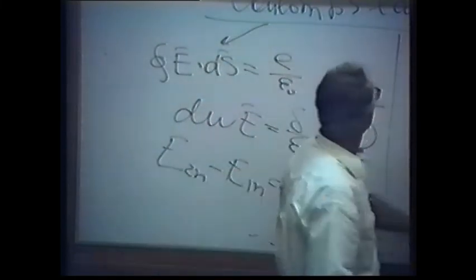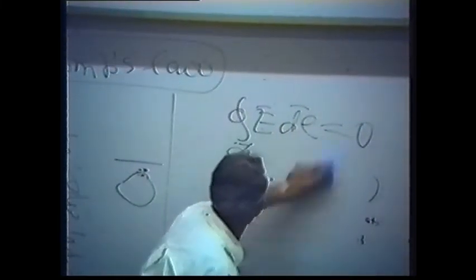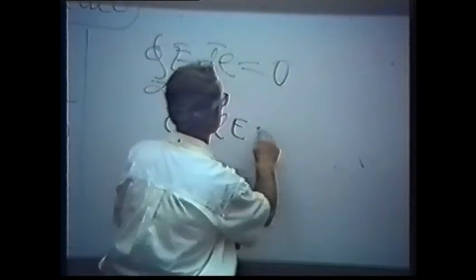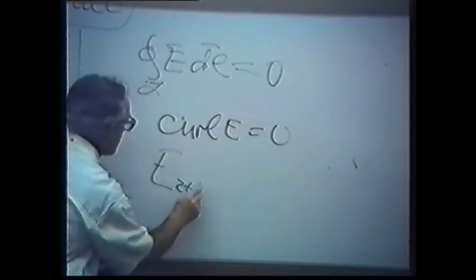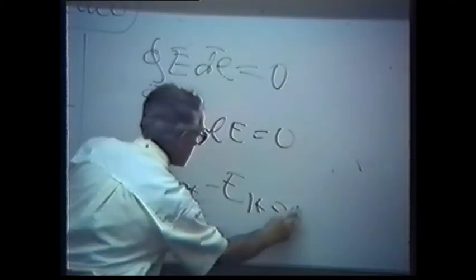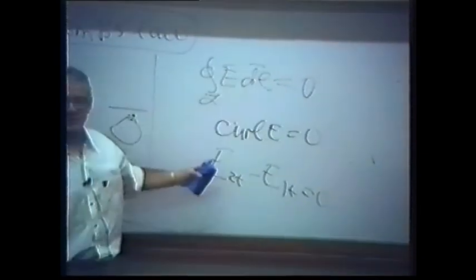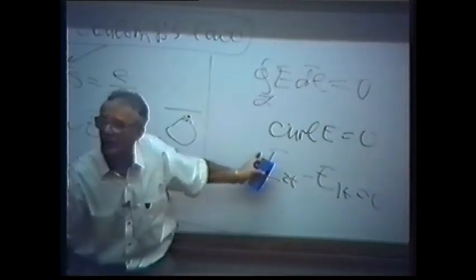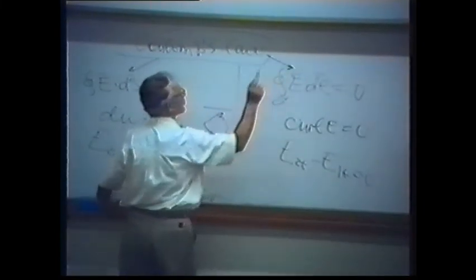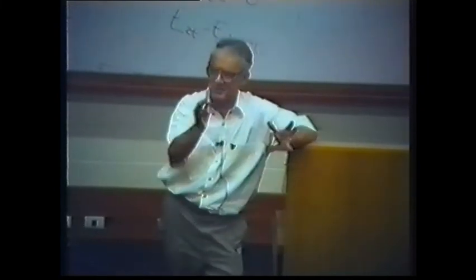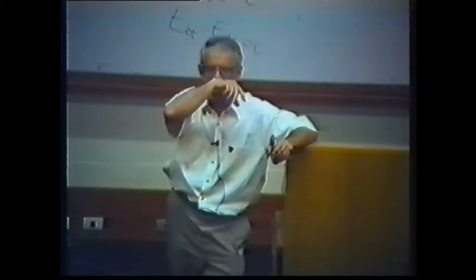That's the iron rule. So let me write down these three forms. Curl of the electrical field is equal to 0, and the difference of the tangential component at the interface is 0. I derived three forms of the so-called first equation of the electrical field. All of them came from Coulomb's law. Let me speak about this equation a little, and then we will summarize. We are very close to the system of equations.